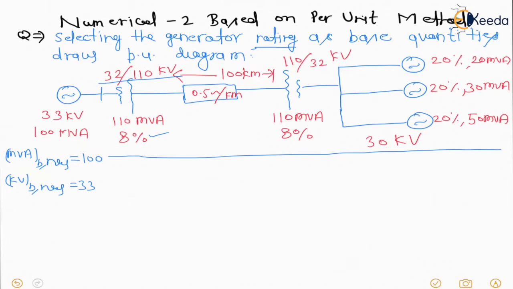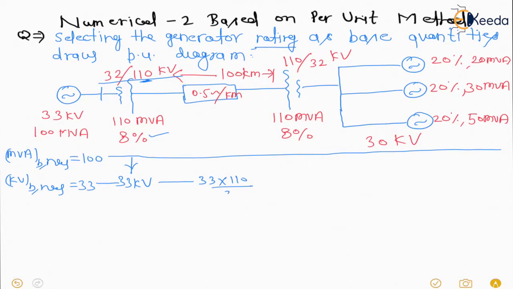When we write the new value of base voltage, we should always remember that the base value will be the same until the transformer comes, and the value will change on the other side of the transformer. So 33 kV will be for the first transformer, and it will change for the transmission line. It will not be 110 kV this time; it will change according to the transformation ratio, 33 into